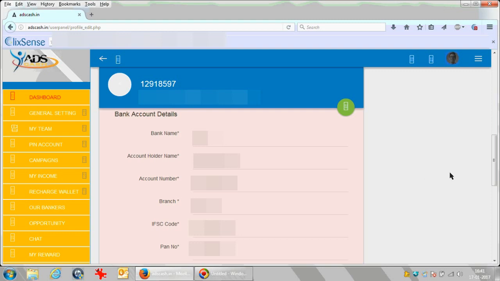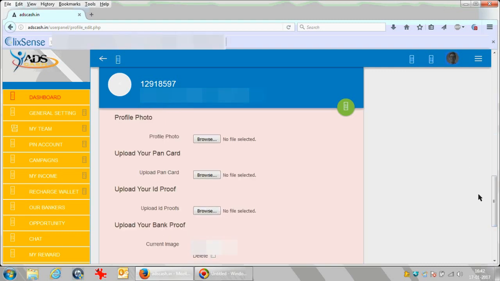The account number that you are giving here is the account to which the amount will be credited. No matter through whatever account you have made payment for registering to AdCash, it is not necessary to give the same account number here. But make sure that the person in whose name you have registered for AdCash, you are giving that same person's account number here.